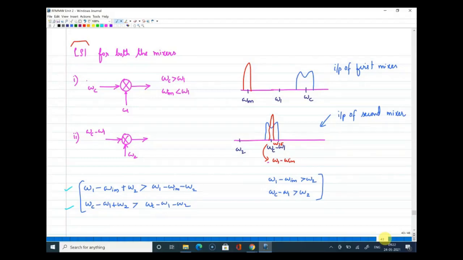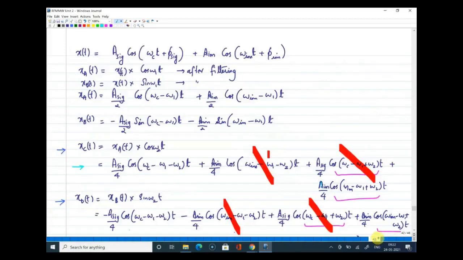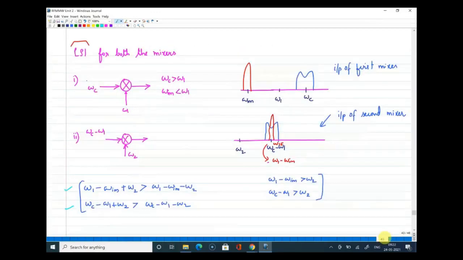We just need to apply negative sign. Sushan, you can unmute. Sir, for the part which we wrote in x of c, it's omega im minus omega 1 plus omega 2, right? And what we derived is the opposite sign. So when we take a negative, the other part will become greater, right? Sushan, I'm not clear. Can you go to the next slide? Yeah, here for the first one we derived. So when we take a negative sign, omega im minus omega 1 plus omega 2 will be less than the other part, applying the negative on both sides.